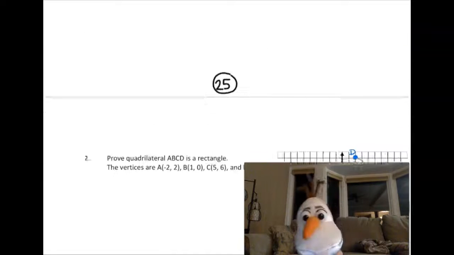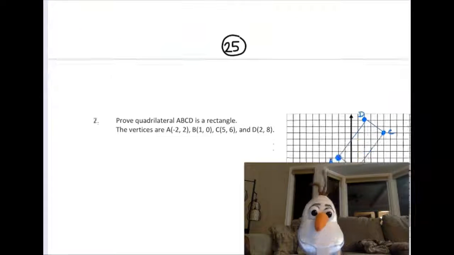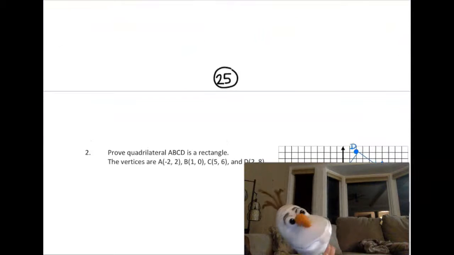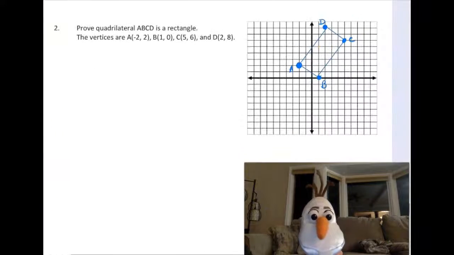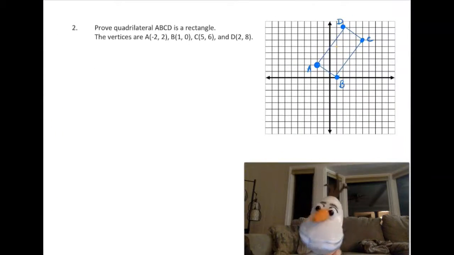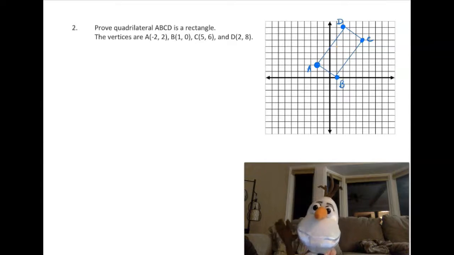Hello, so Dr. Conklin did page 25, went over this coordinate proof, and then I'm going to go over page 26. You can see up there, it's way up, there we go. So page 26 has number 2 on it, and toward the end of last week, we did 4 slopes and 4 distances. I have 4 fingers, so I'm going to show you 4 slopes and 4 distances. But today we're going to actually take that and do a complete coordinate proof